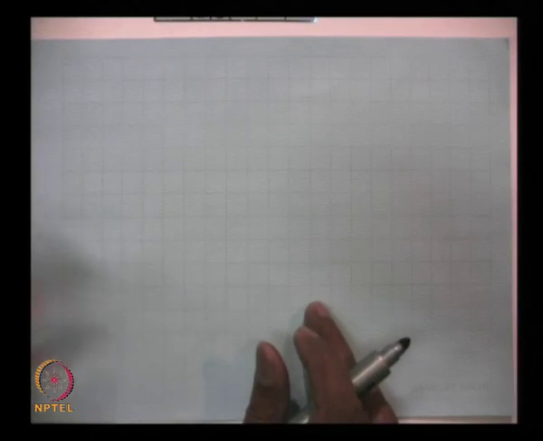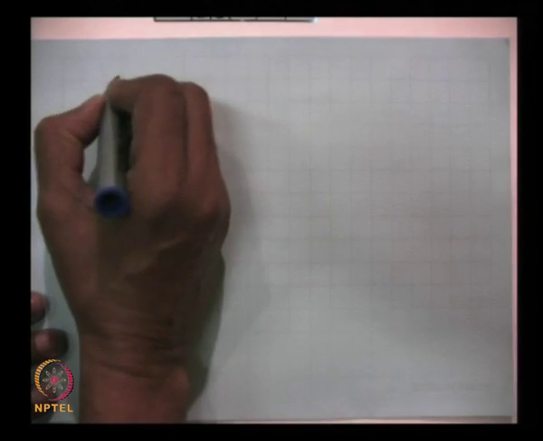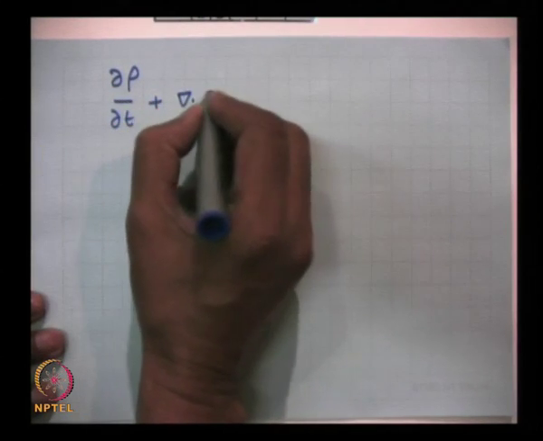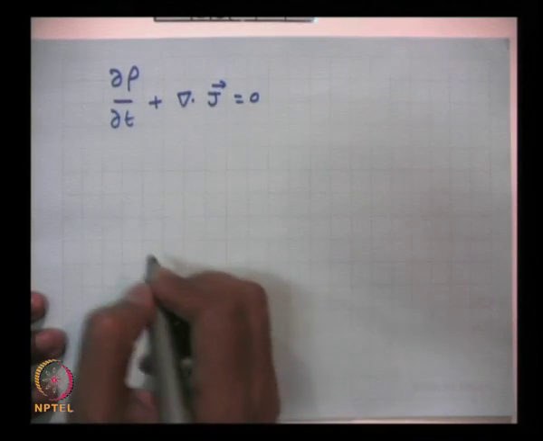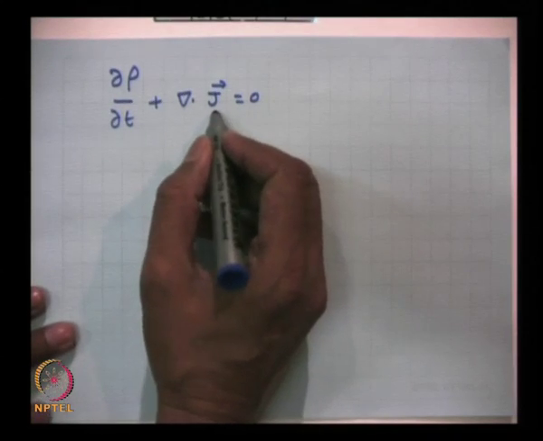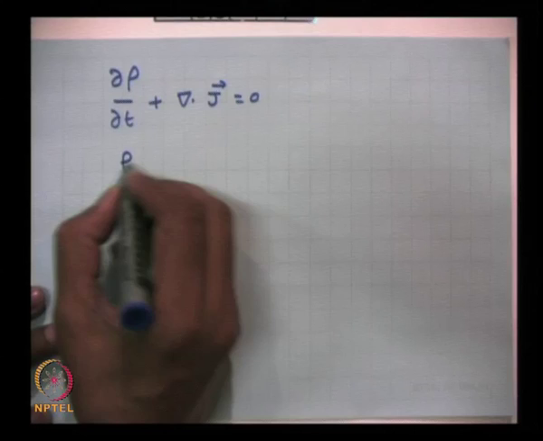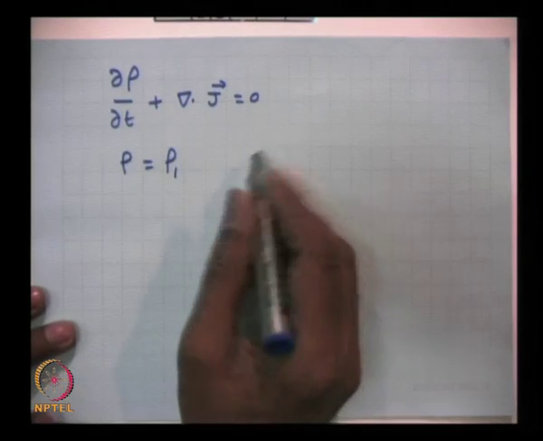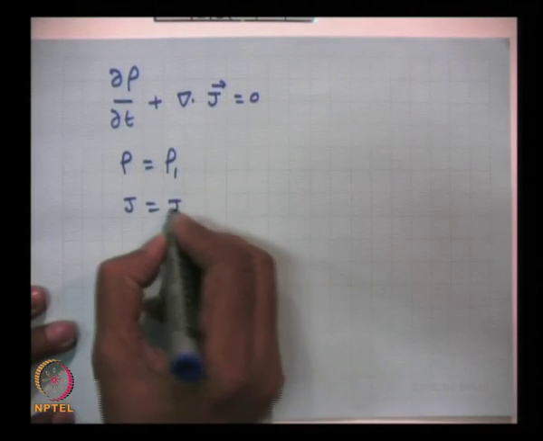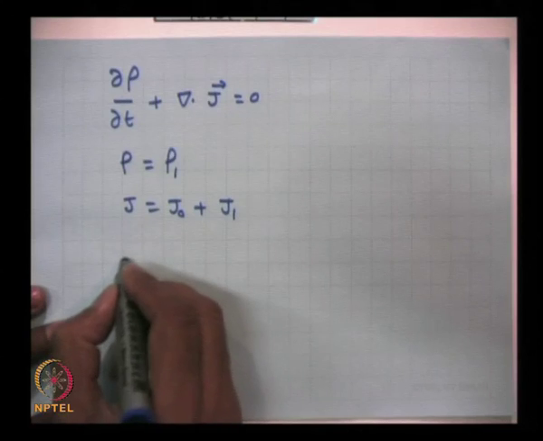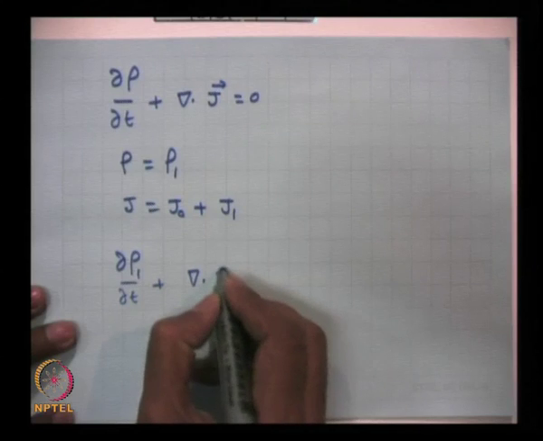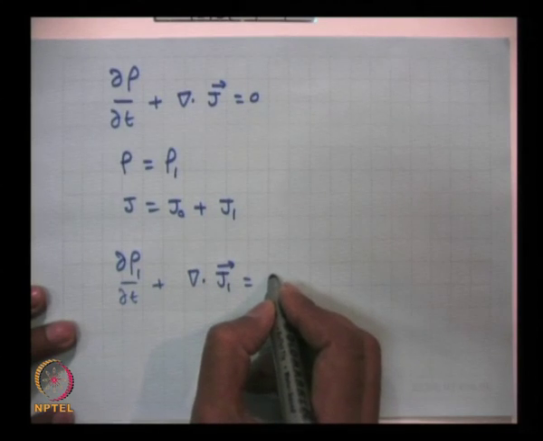If there is a current in the system, if you look at the equation of continuity, rate of change of charge density plus divergence of J equal to 0. If I put J equal to J0 plus J1, J0 is the uniform current density, J1 could be the perturbed current density. So, write rho as rho 1, because in equilibrium there is no net charge. So, there is only perturbation, and J I am writing as J0 plus J1, put this in there, this becomes delta rho 1 by delta t plus divergence of J1 is equal to 0.